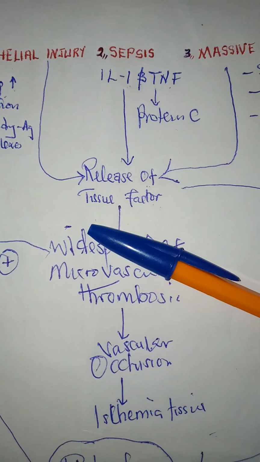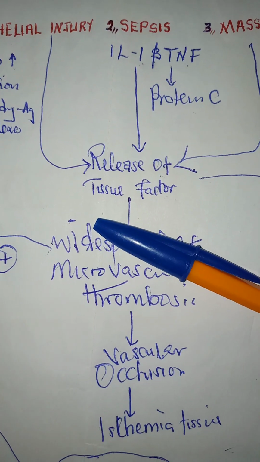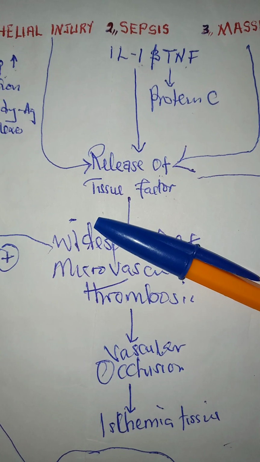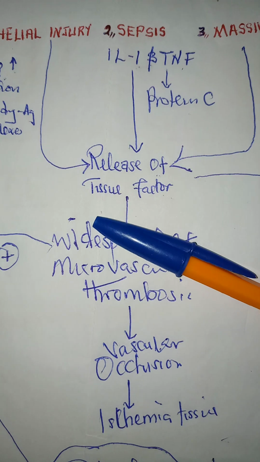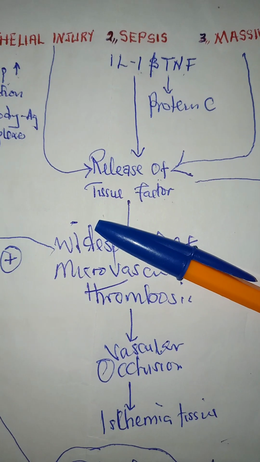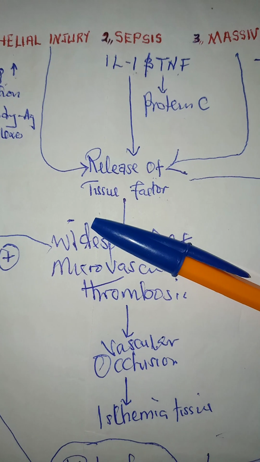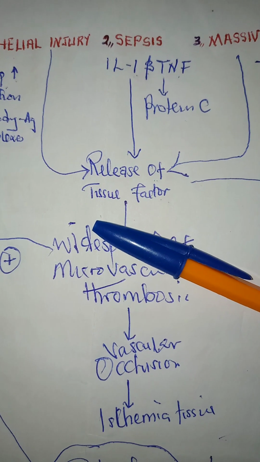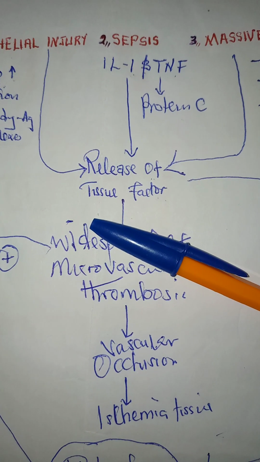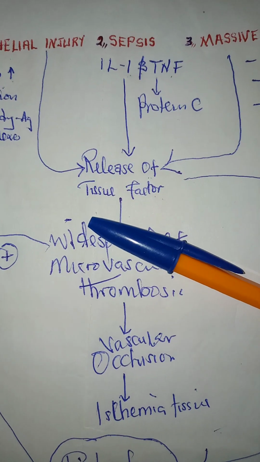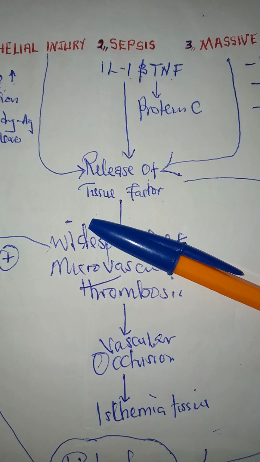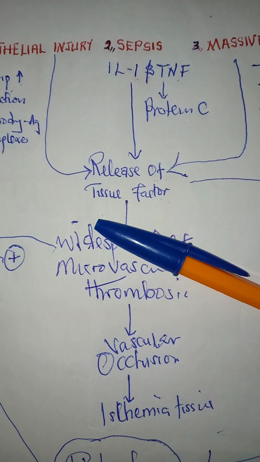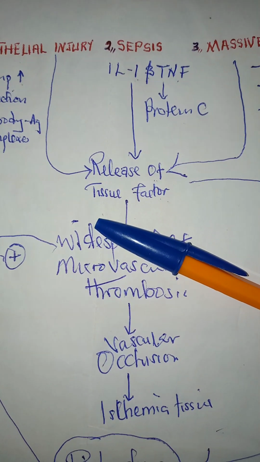Once it is released, tissue factor in the extrinsic pathway can combine with factor 7, and once it combines with factor 7, this can activate factor 10, and factor 10 can combine with factor 5, which is an important cofactor. Factor 5, remember we said protein C inactivates factor 5. So factor 5 and factor 8, these are two important cofactors. So once tissue factor together with factor 7 activates factor 10, factor 10 will combine with factor 5, and these